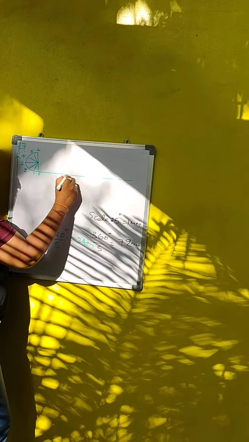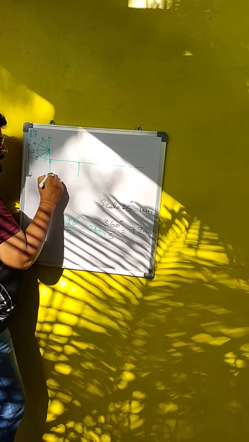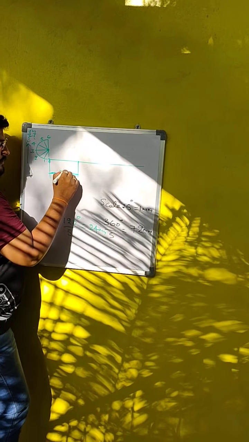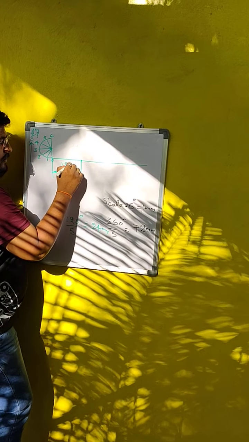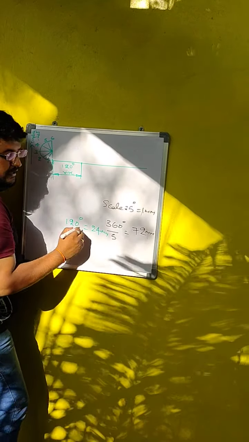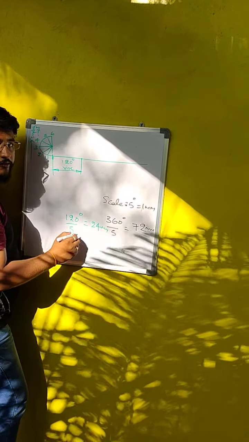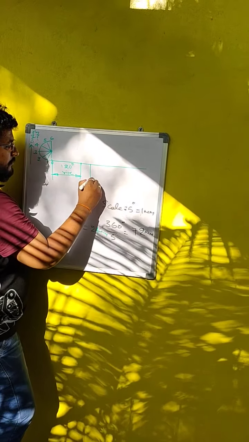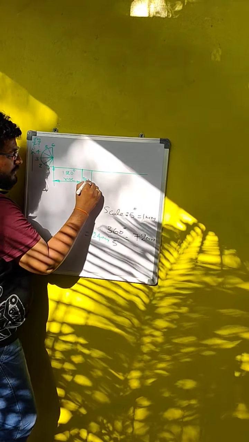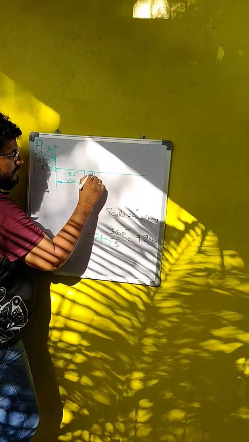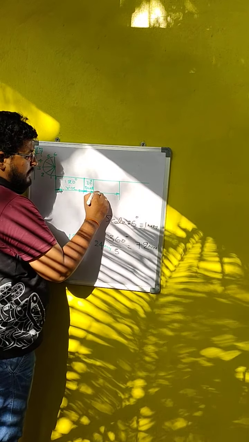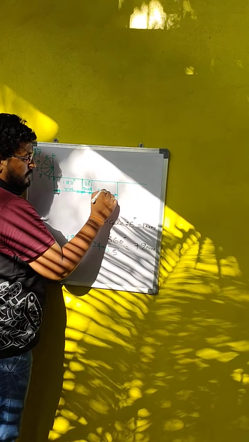That means for first 24 mm you have to represent it as rise period for 120 degrees. Next, dwell period is given as 30 degrees. That means dwell period 30 by 5, that means 6 mm. Dwell 30 degrees. Next, 120 degrees, that means same 24 mm is to be taken as return.